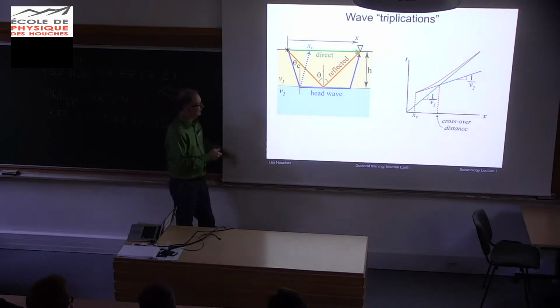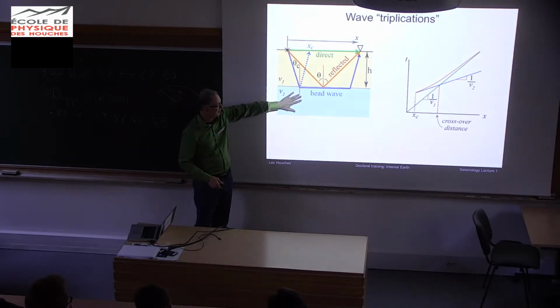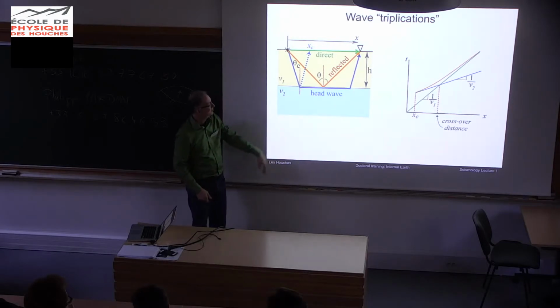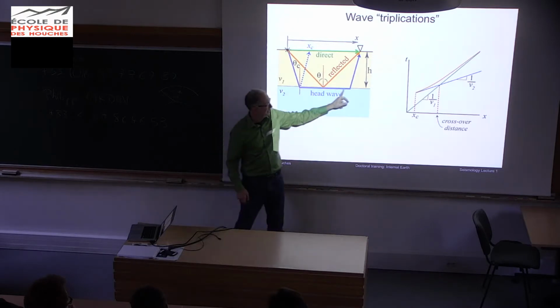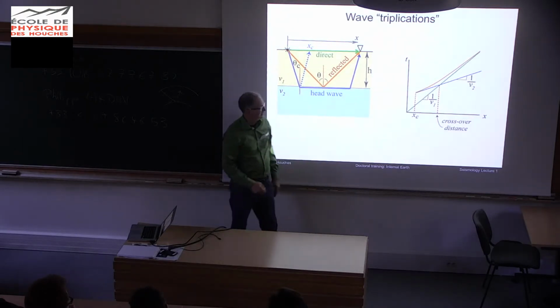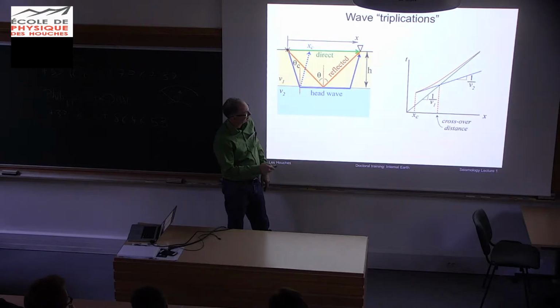But it comes from something like this, and this is just the Seismology 1 description. When you have a layer over a higher velocity layer, we say layer over a half space, you have a wave that can be a direct wave, a reflected wave, a refracted wave or a head wave. And then in travel time space, this is distance and time, the direct wave is a straight line, constant velocity stuff. The reflected wave is a hyperbola.